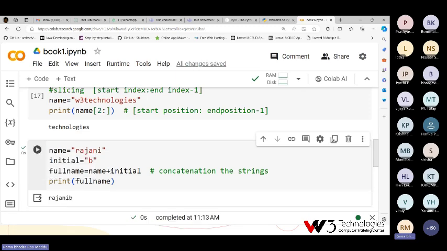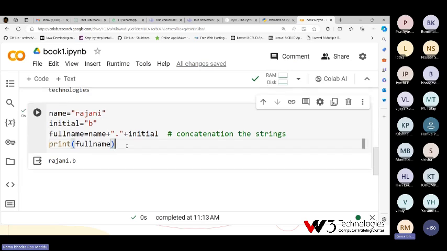If you want to add a dot, then add a string dot also. So name is one string, you are adding the dot string, plus initial is another string. You are concatenating and adding three strings. Then the output will be Rajini dot B. So plus is used for concatenation.